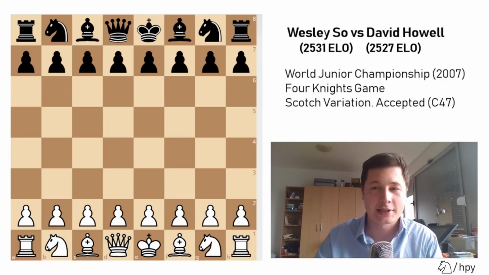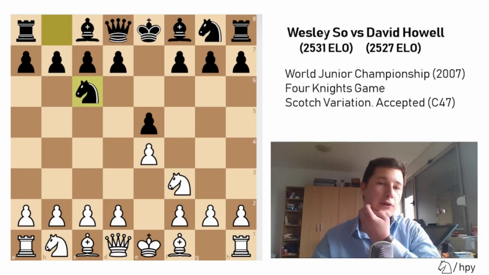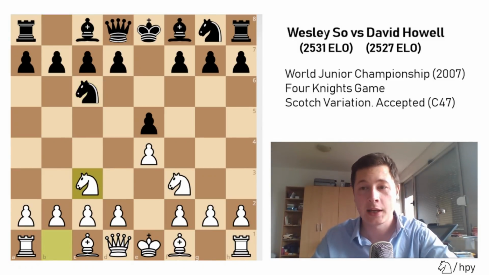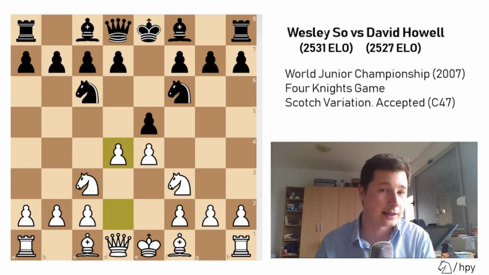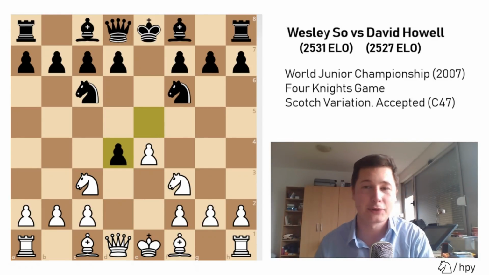And in the game, Wesley So opened with pawn to e4, David Howell played e5, we have knight f3, knight to c6, and now Wesley doesn't go for the Spanish or for the Italian, he went for the four knights with knight to c3. And after knight to f6, we have the Scotch variation of the four knights, and David Howell could still decline the accepted Scotch, but he plays e takes d4, and this is now the Scotch variation accepted of the four knights, which is a very